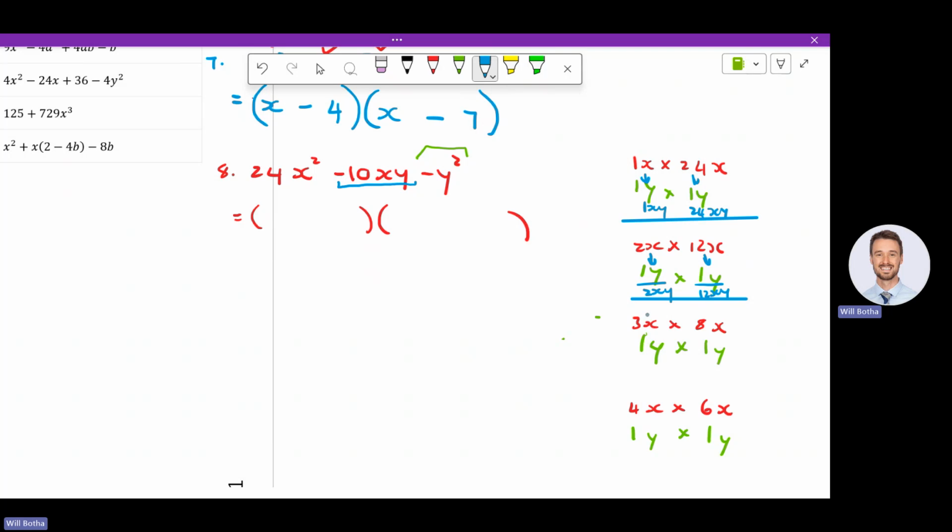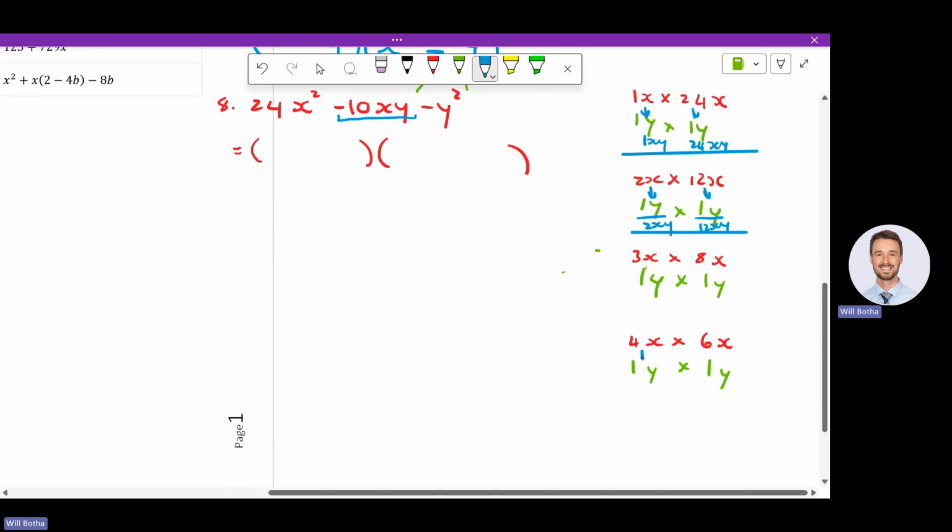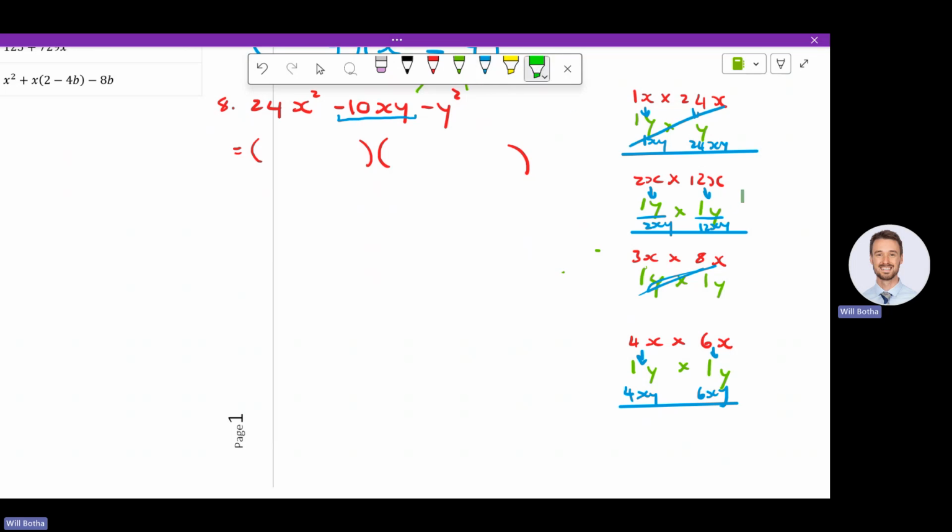But let's not get blind when we see the first possible option, because there might be another option. If I look over here, this gives me 4xy and 6xy. Can 4xy and 6xy give me a 10? Yes. So two possible options I get from these examples. One of them won't work. I promise you that. It's all going to come down to the signs.